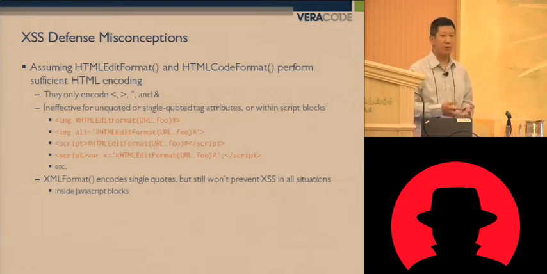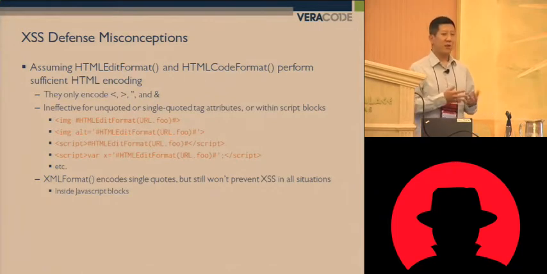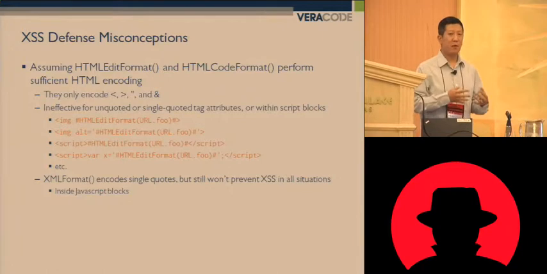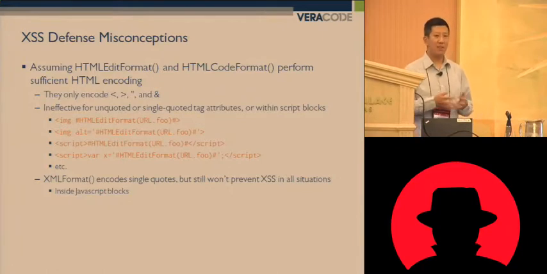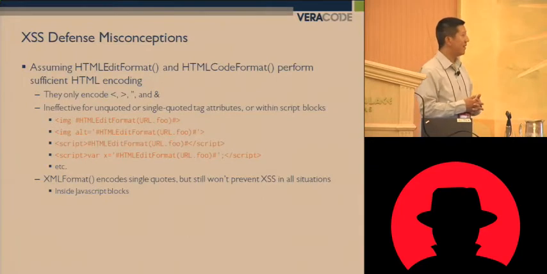If you are familiar with the OWASP XSS prevention cheat sheet, you know that encoding has to be done on a contextual basis. You have to look at where the data is being used in the context of the page and encode it depending on whether it's in a tag, an attribute, a script section, or a URL, and you have to apply the right type of encoding. And here we have kind of a one-size-fits-all solution. They say use HTML edit format, and it will encode those characters, and that's it. There are four examples of cases where you might use HTML edit format and it would not protect you at all,